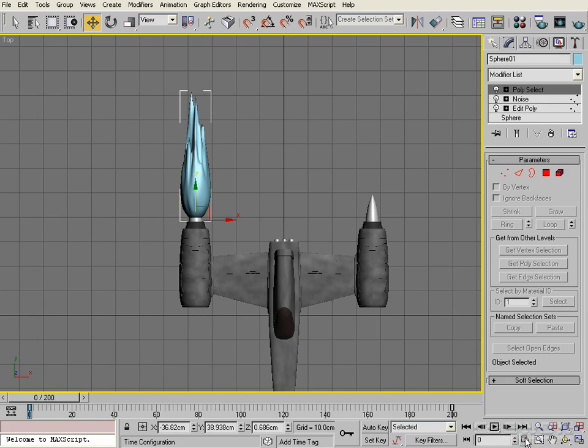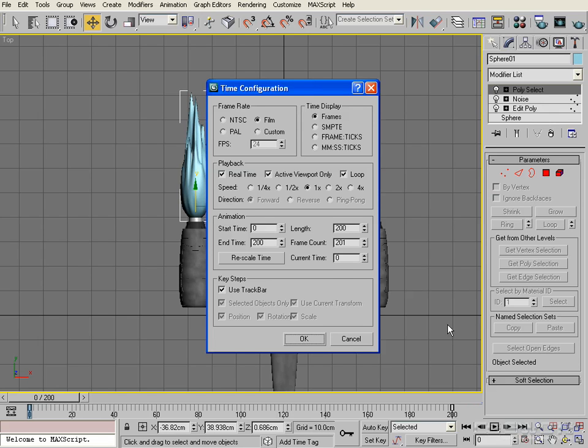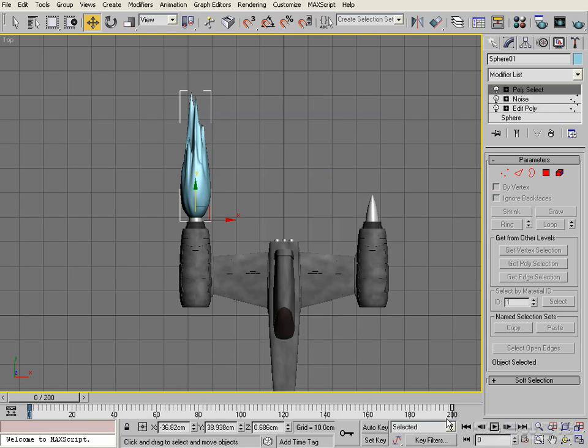second, and to check that, we're just going to click on the time configuration button down here and make sure we're set to film as the frame rate, because this entire project is going to be at 24 frames per second and film frame rate. And we're also going to, so we'll go OK to that, but we're also going to grab our keyframe and